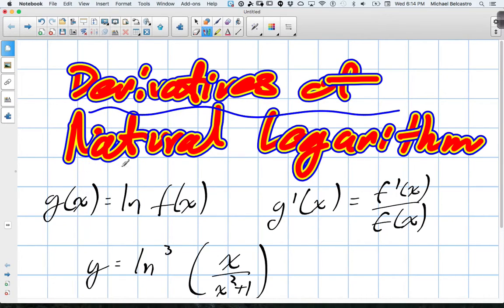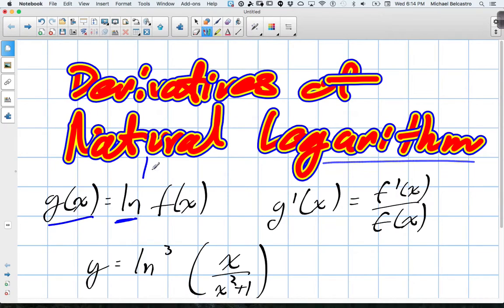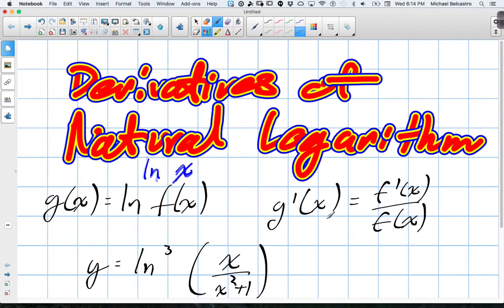Derivative of a natural logarithm. It's usually pronounced "ln" here. So you have a function, g of x is equal to ln of some function, and it could be written like this. Ln x is the easiest version, I should say. Then g prime of x is equal to f prime of x,